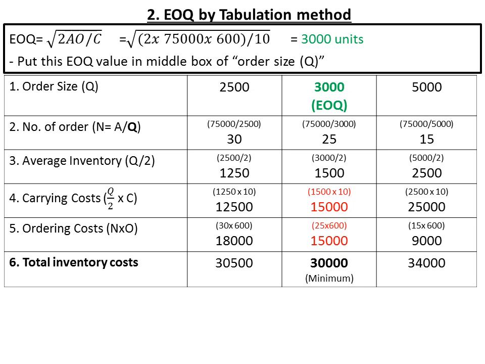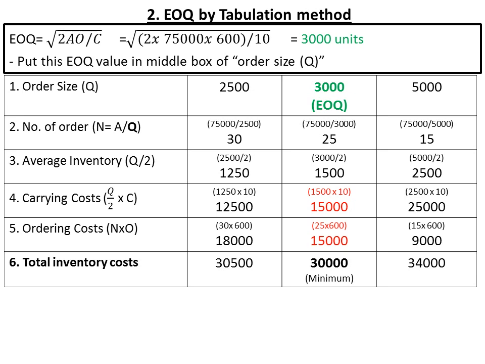And number 1 is the order size quantity. You have to find the quantity, so this is a little bit more hard. So we have to cheat by EOQ, by computing the value of EOQ through the formula method. So put the order size in the middle box, that is 3000, as the EOQ order size in the middle. Once you have to use the lesser value, and once you have to use the more value.